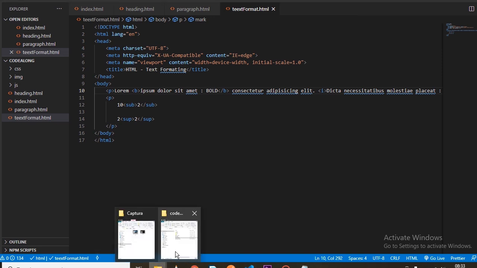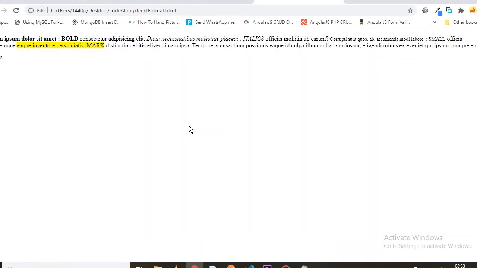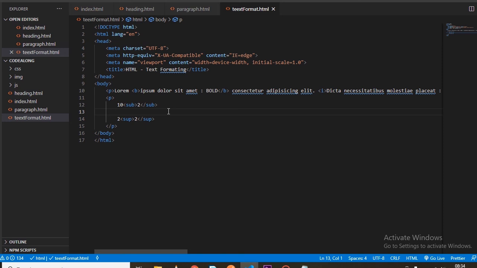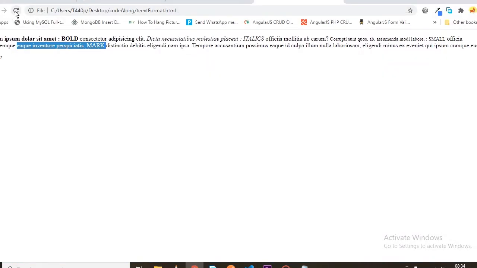So let's go to our folder and text formats. Okay, so this is bold, this is italics. Can you see this one? It's smaller. It's like 80% of the normal size. Okay, then this is mark. I think here, let's use our line break to separate both of them. So br. Okay, so you see 10 base 2 and 2 to the power 2. So this is subscript, this is superscript, this is bold, this is mark, this is italics, and this